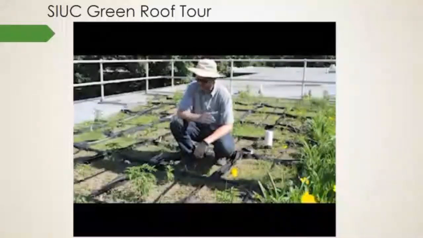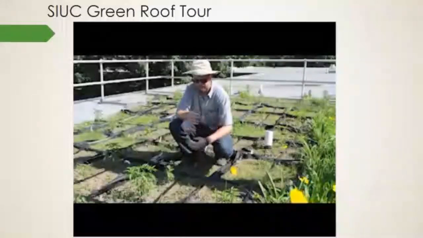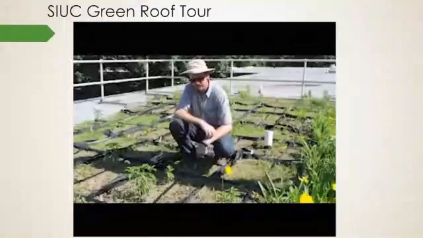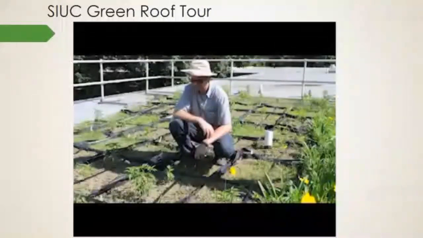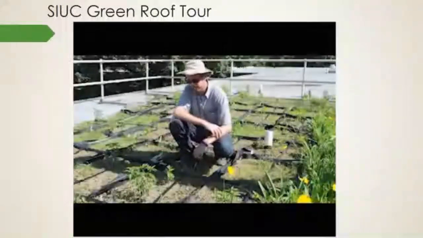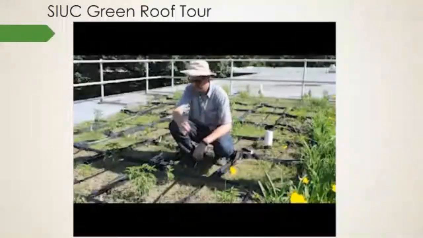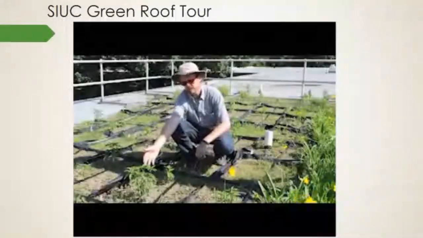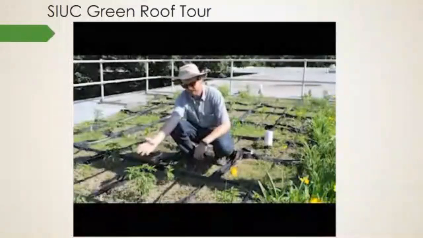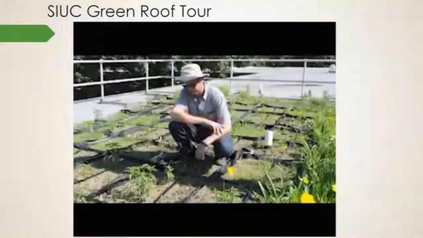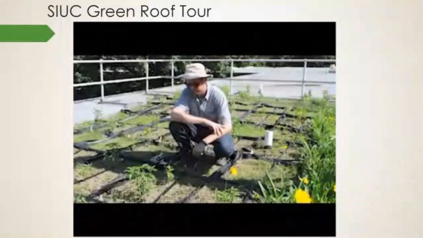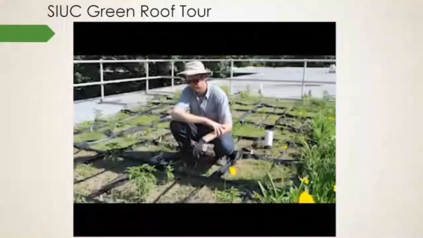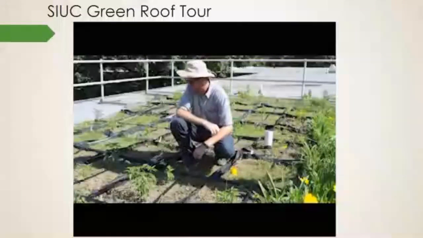So as I take my vigor rating, I look at each plot and I take what I see as an average of overall health and performance of the plant. So for instance, this plot here, for overall vigor, I would say that this plant here is a 6.5 or a 7 on a scale from 1 through 9, but our adjacent plant here, our neighbor plant, is probably more about a 4 or 5, so I would probably average this out to a 4.5 for a vigor rating. So that's how we do the vigor ratings.